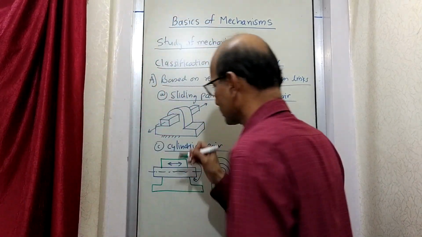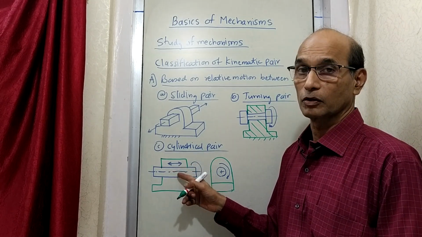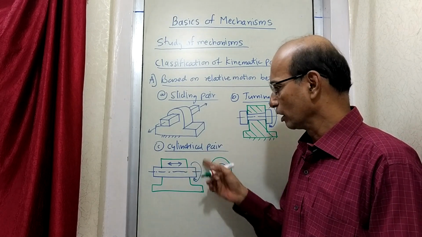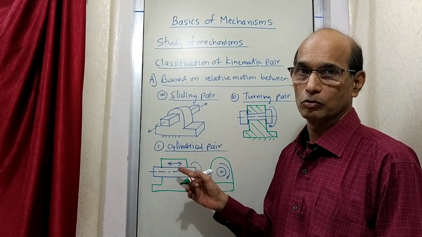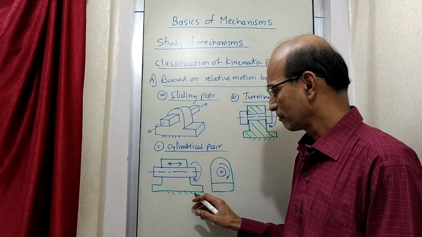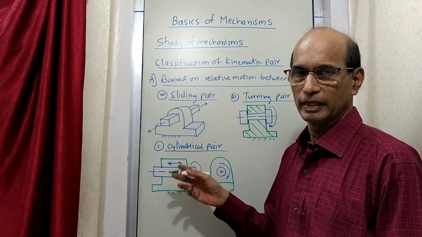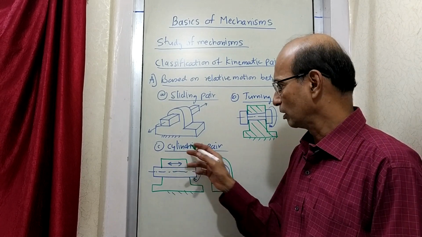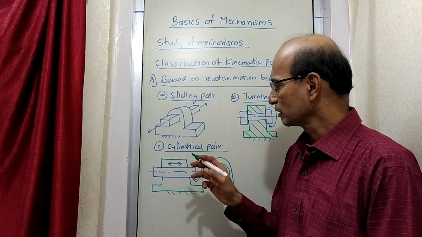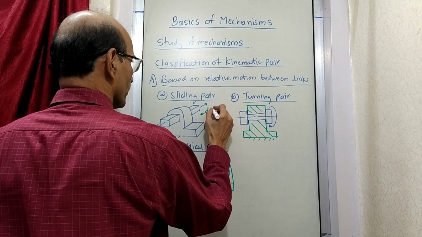So now we are drawing again something similar, but one object here is a circular object. So you can say it is a combination of the two. This rod will rotate also and this will slide also. It will perform both types of motion, and of course when one is fixed. When you fix this, then you can perform these two motions, and this is called a cylindrical pair. You will notice here that this is the displacement, I'll call it D.